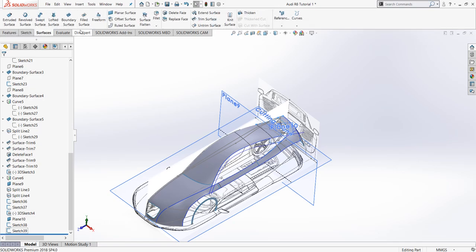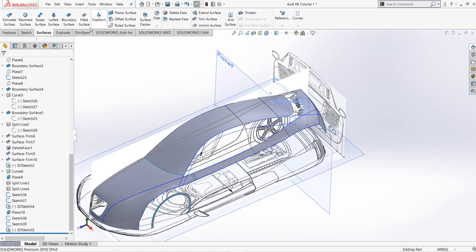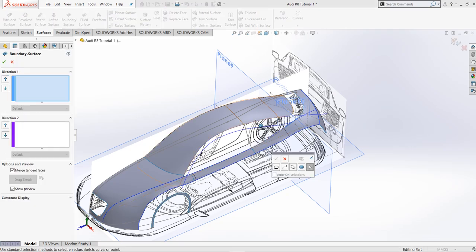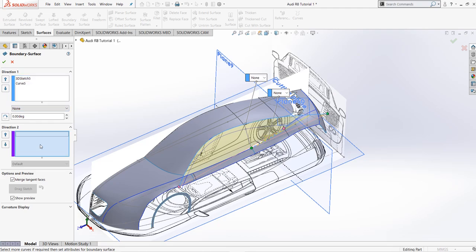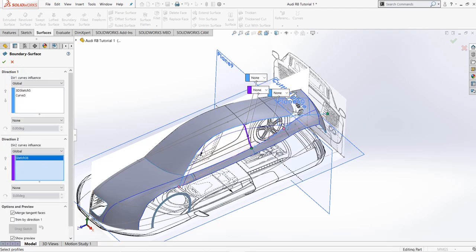Now go to surface, select boundary surface. Select this line, and now select this line and give the directions as this curve and this curve.